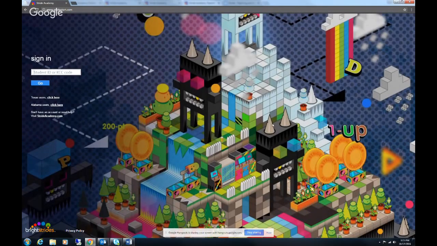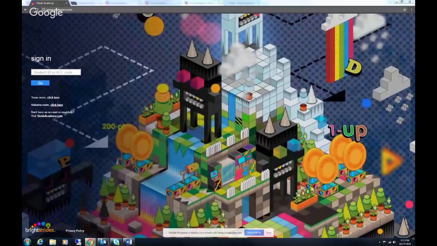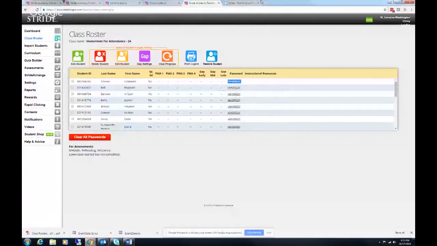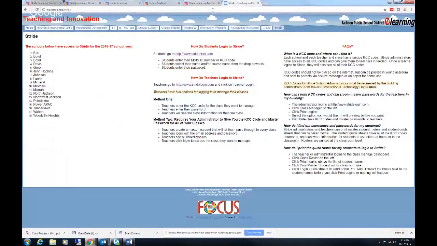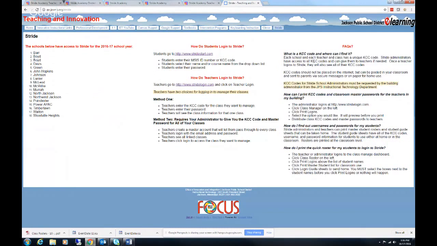But that's how you kind of get in as a student. You don't have to remember any of this, because if you can keep up with this go.jpsms.org page, you'll be able to find everything you need about how to get into it. Okay, that's really all there is to do. It's done. We're going to come back and do some longer training,